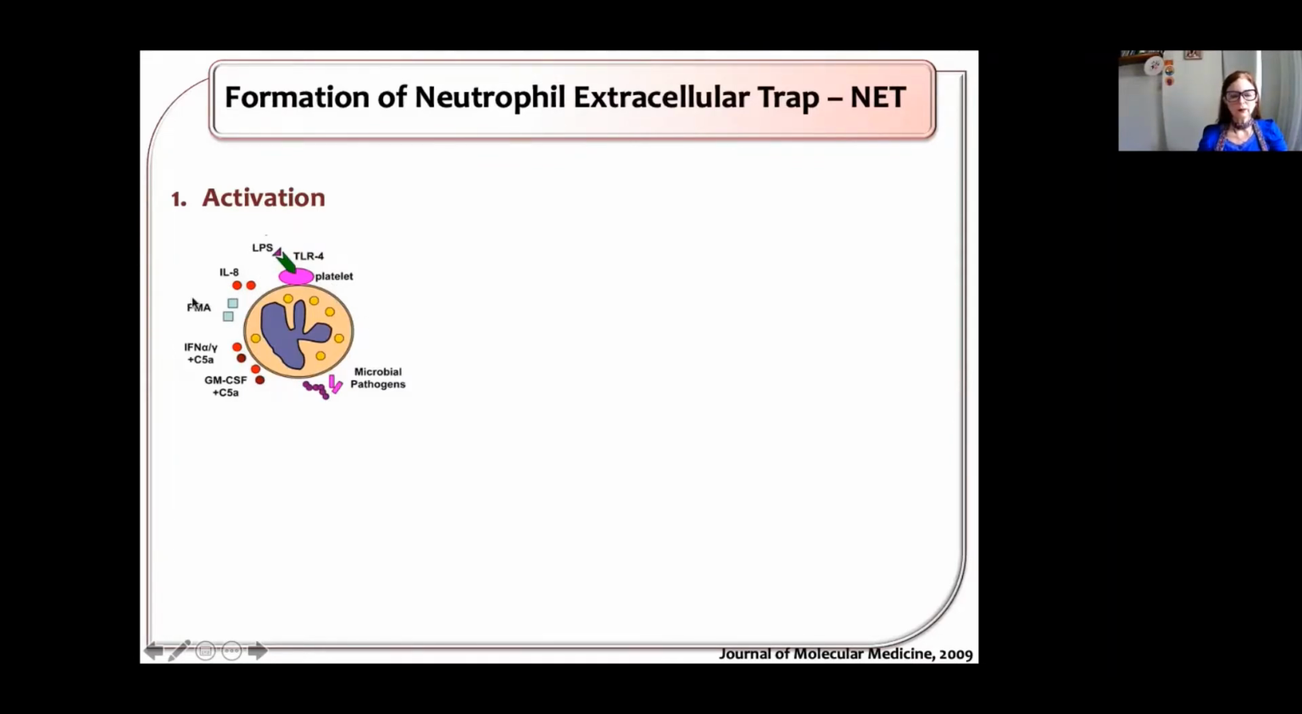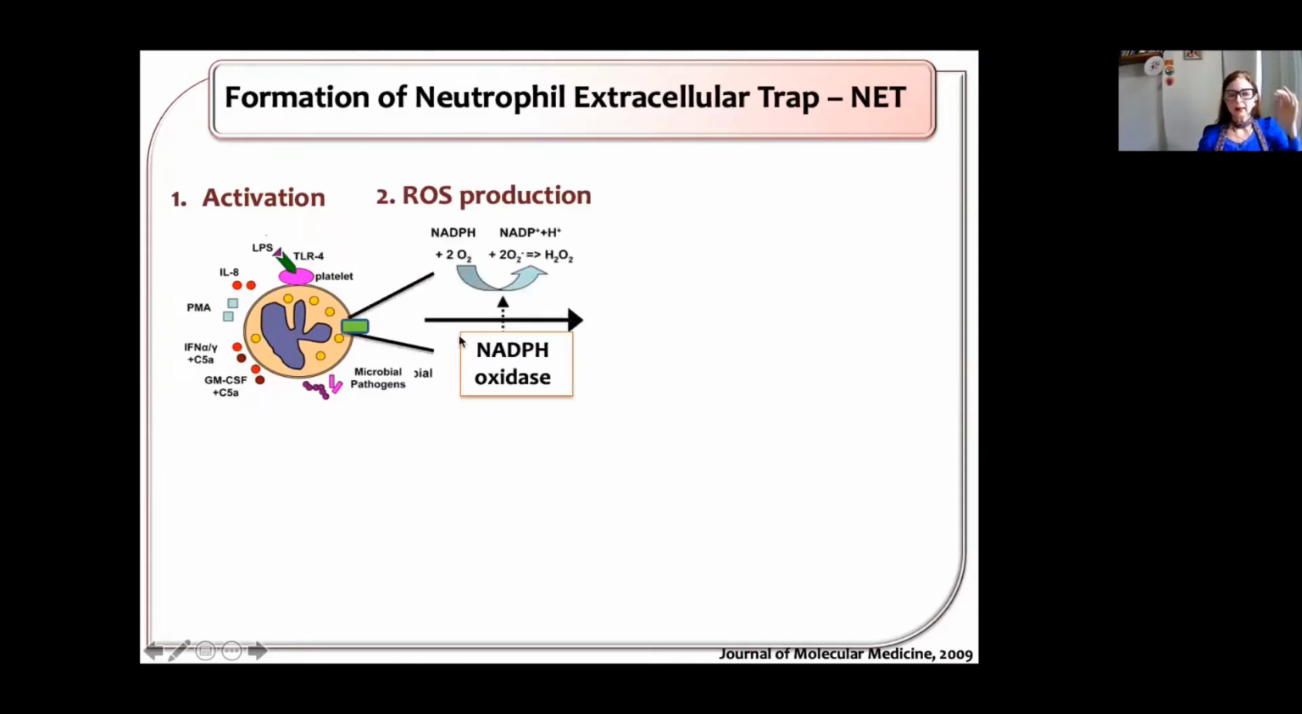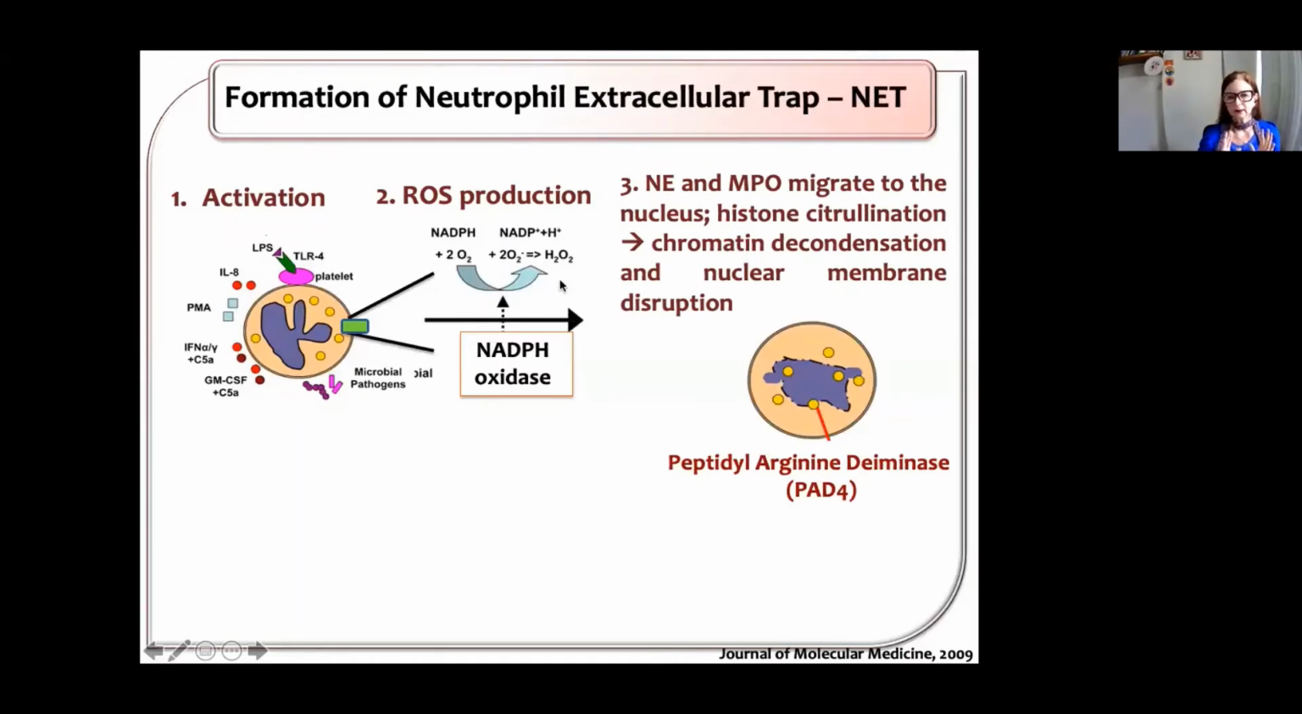So all these are NET triggers. And then we do know that the ROS production by this enzyme, the NOX2, that assembles at the plasma membrane and the granule membrane, produces ROS species that are very important, at least to a special type of NET formation. Then in the third step of this process, elastase and myeloperoxidase migrate to the nucleus, where